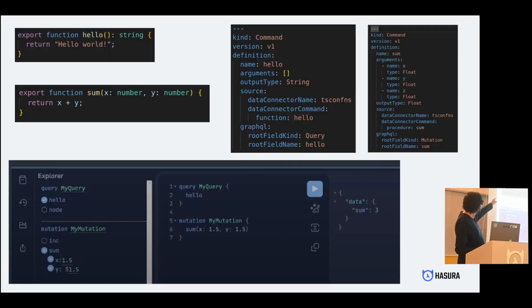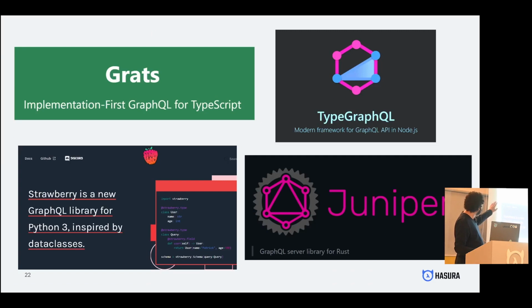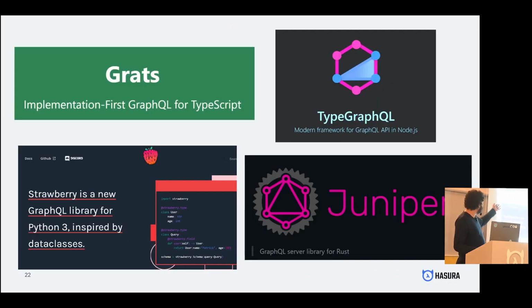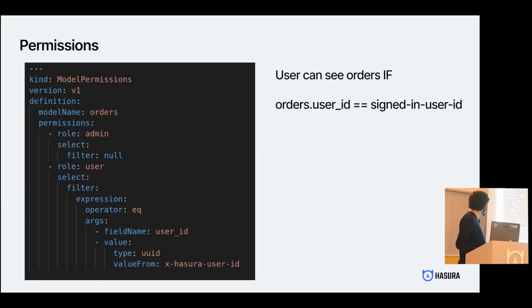Let's see. This idea about taking your type functions and automatically bringing that to an API is also being developed by several people in the ecosystem today. So if that's appealing to you, check out these tools. Graphs is a cool place to start. They basically take TypeScript functions and make an API from them. I think what I'm trying to emphasize is there are a lot of cool ways of building GraphQL servers. So if you use Hasura, for example, we'll bring that into your Supergraph and you can join them. But here are some other tools that do TypeScript to GraphQL as well. You're not limited to just writing resolvers. There are a lot of cool ways to get those benefits of GraphQL.